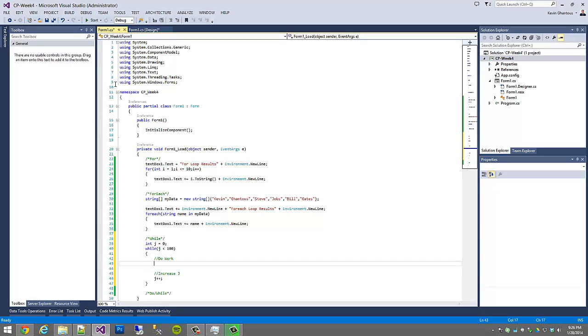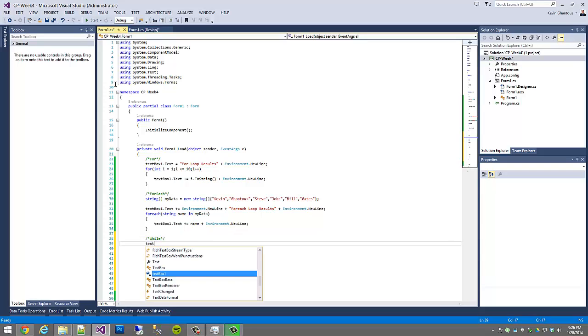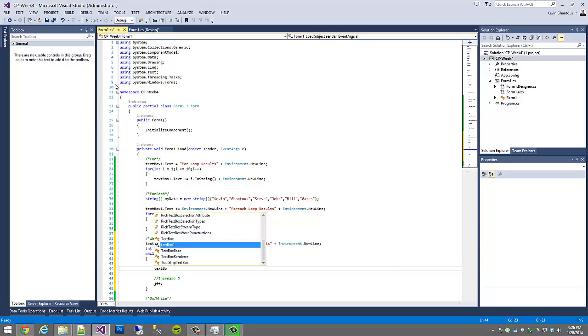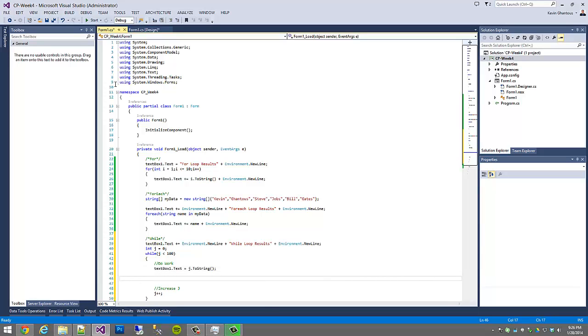So our work could be something as simple as maybe we're just outputting those numbers into the text box. So we'll say textBox1.Text plus equals Environment.NewLine plus "while loop results". And then we'll say text equals j.ToString, and then we'll put an if statement in here and say if j